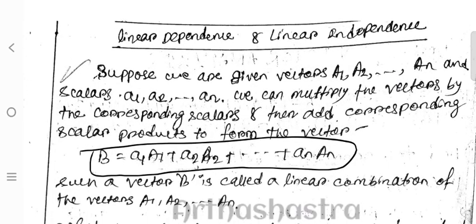Today our topic is linear dependence and linear independence of vectors. Suppose we are given the vectors a1, a2, up to an, and the scalars small a1, small a2, up to small an,